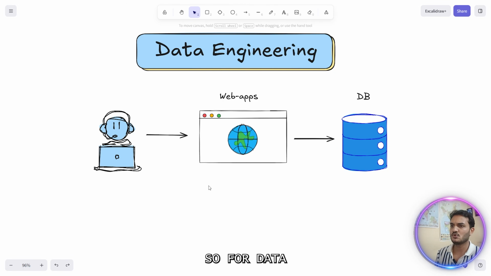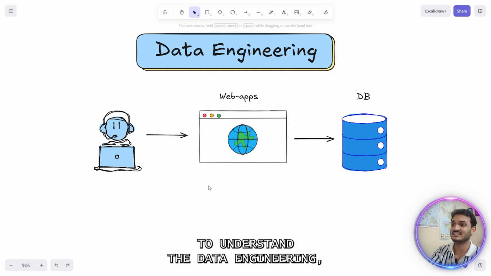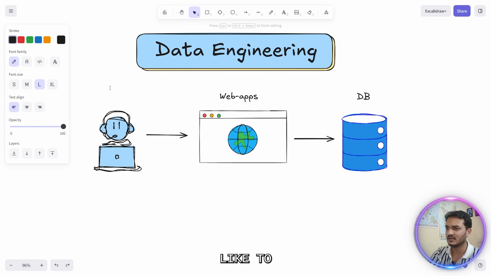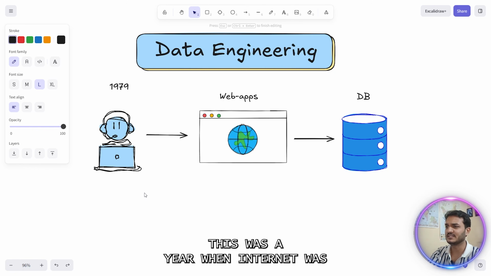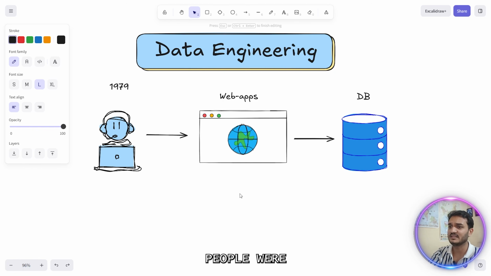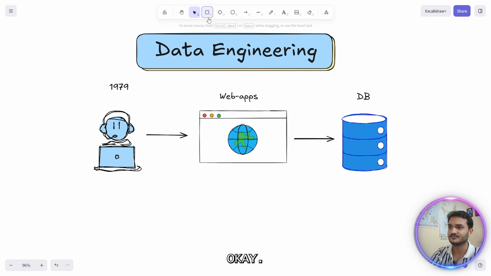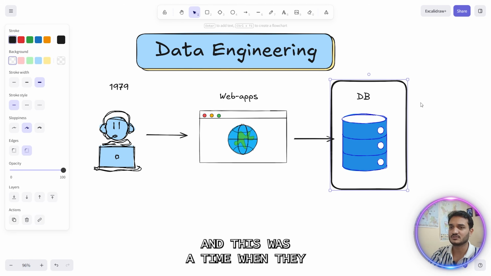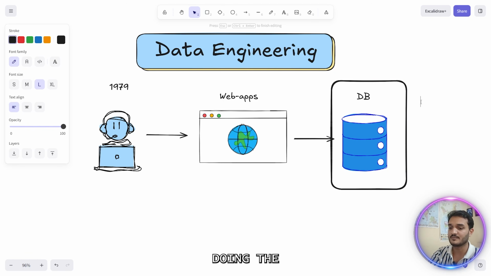Welcome. So, to understand data engineering, I would like to take you back in time to the year 1979. This was the year when the internet was arriving. People were creating their web apps and storing the data in a database. At that time they also actually started doing predictive analysis,